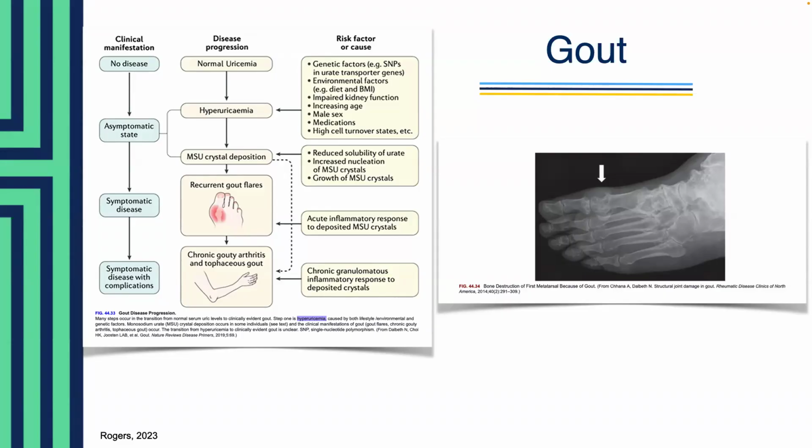Now, the progression can be slowed or even halted with the proper treatment to help lower the uric acid levels and prevent those further crystal deposits. So remember, the primary cause of gout is hyperuricemia, which leads to an excessive amount of uric acid in the blood. And that hyperuricemia can result from overproduction of uric acid, decreased excretion of uric acid, or a combination of both factors. So when uric acid levels become too high, those crystals deposit into those joints and soft tissues. And that's, again, what triggers the inflammatory response characteristic of gout attacks.